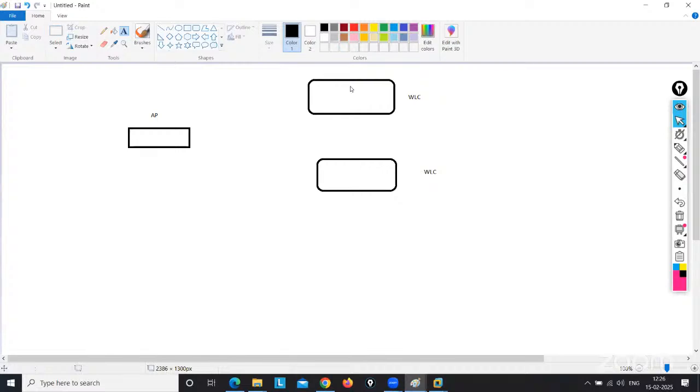Anyone told anything, I think. Yes, go ahead. So we need to verify that the AP is connected to the correct switch port. Okay, then the second step. The second, we can check whether the CAPWAP tunnel is established. Don't go to the CAPWAP tunnel now. First you check whether the cable is properly connected or not, the port is up or not, whether the switch is connected or not. That part is over now.